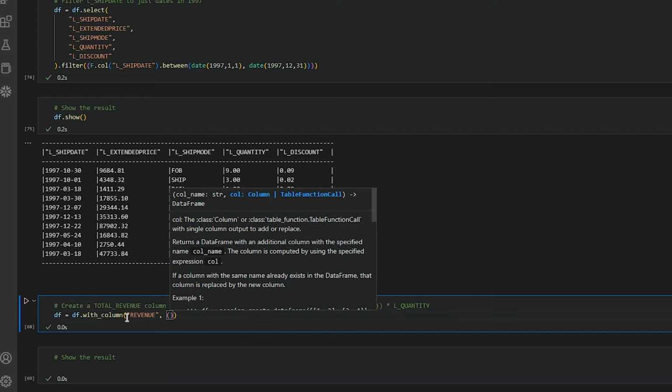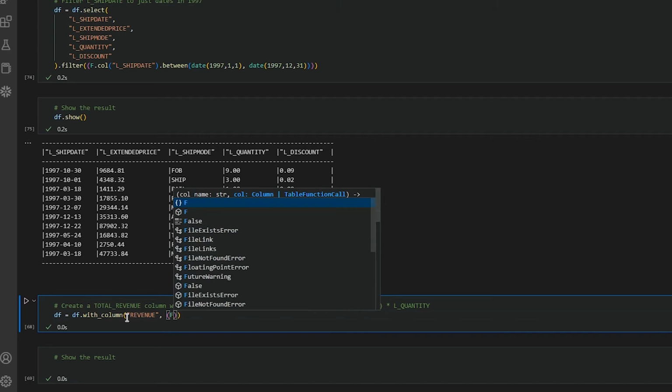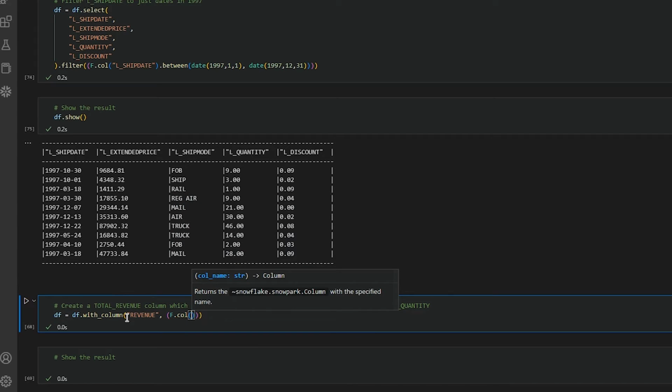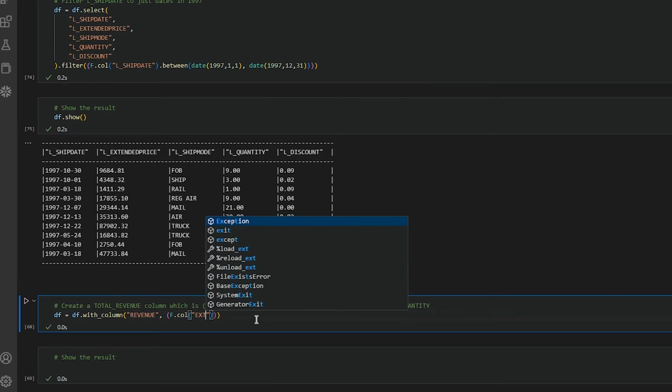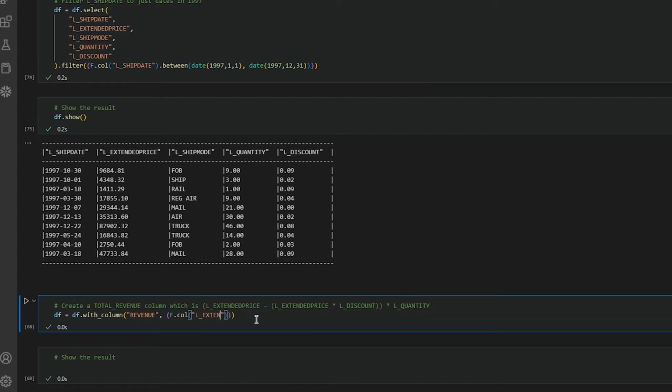And then I'm going to put in the logic for that. So that is f.col. We can see that logic here. So we want to say the extended price minus the extended price times a discount, and then times that by the quantity. Okay, so here I'm going to put L extended price